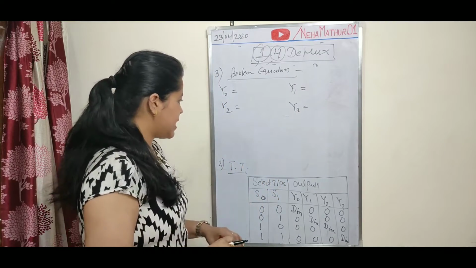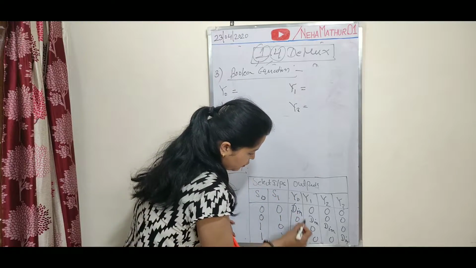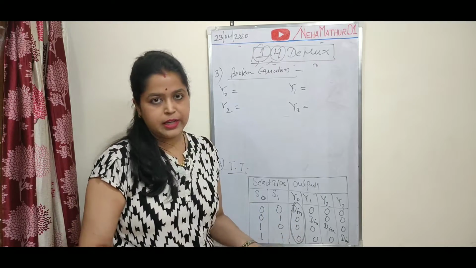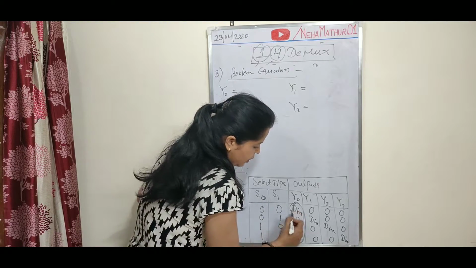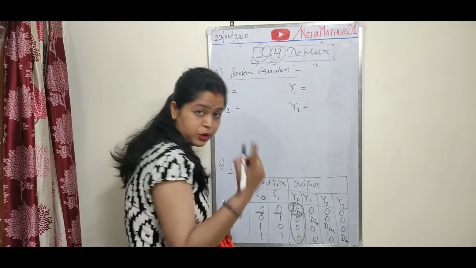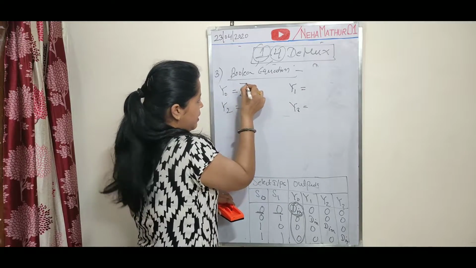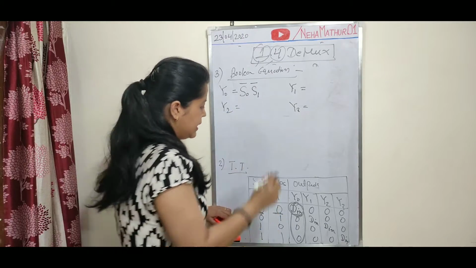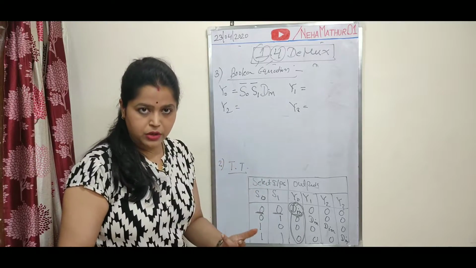Fine. So I will start from Y0, in which you will have to follow this column. Since 3 terms are 0, there is no need to write an expression for these 3 terms because they will give you 0. Only write for this Din. This Din is because S0 is equal to 0 and S1 is also 0. So it will be S0 bar, similarly S1 is also 0, so S1 bar, multiplied by your input Din. This is the equation for Y0.